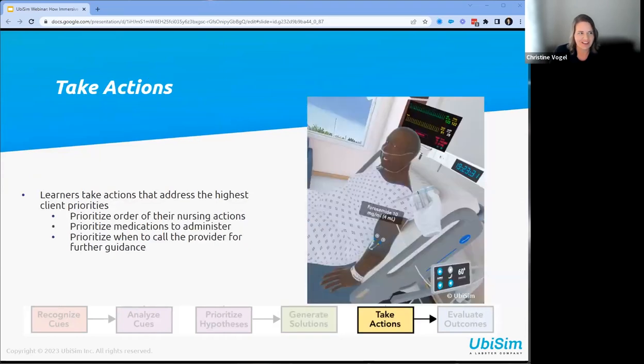Taking action is the fifth step, and this is where learners take actions that address the highest client priorities. And so learners are able to prioritize the order of their nursing actions and medications to administer, and also when to call the provider for further guidance. Now, the ability to prioritize nursing care is key to succeeding on the next generation NCLEX and providing safe client